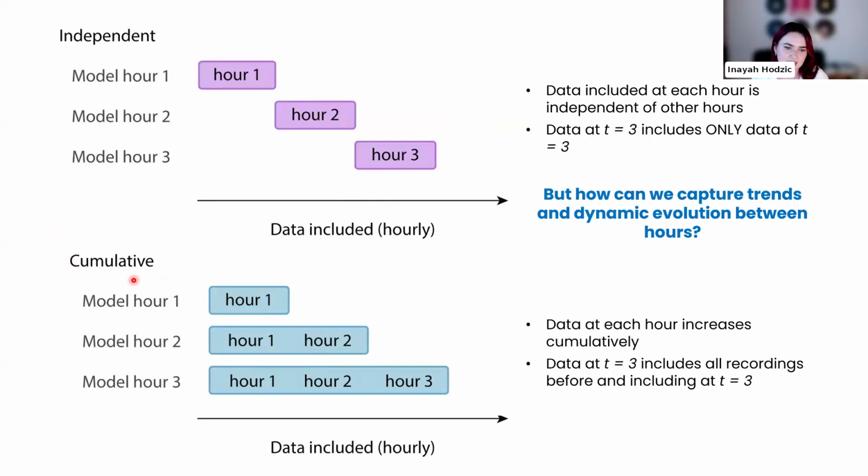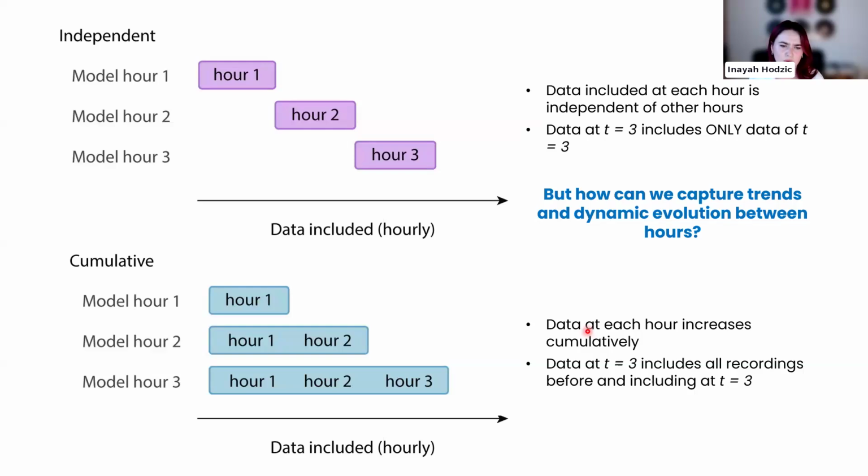And so what we did is, instead of having isolated data points or databases of each hour, data at each hour increased cumulatively, meaning that at hour 3, we not only have data from hour 3, but everything that came before. And as the hours increase, so the number of CNNs also increase, the total data included in the training process would increase. And in this way, we could keep track, hopefully,